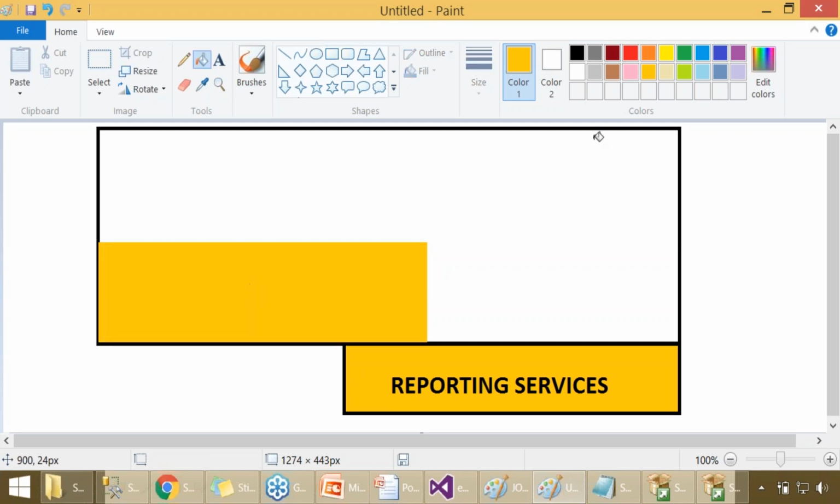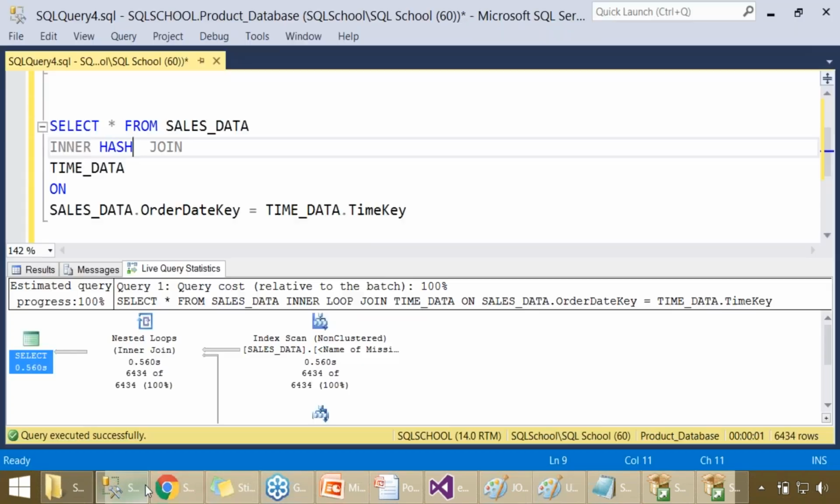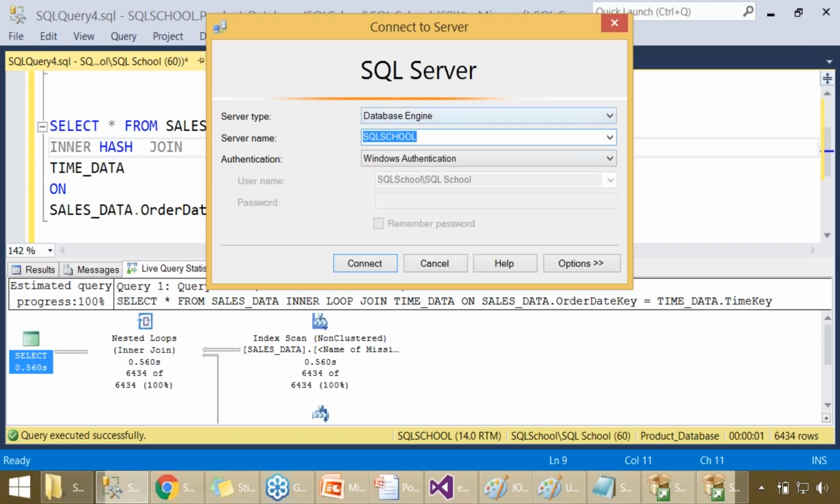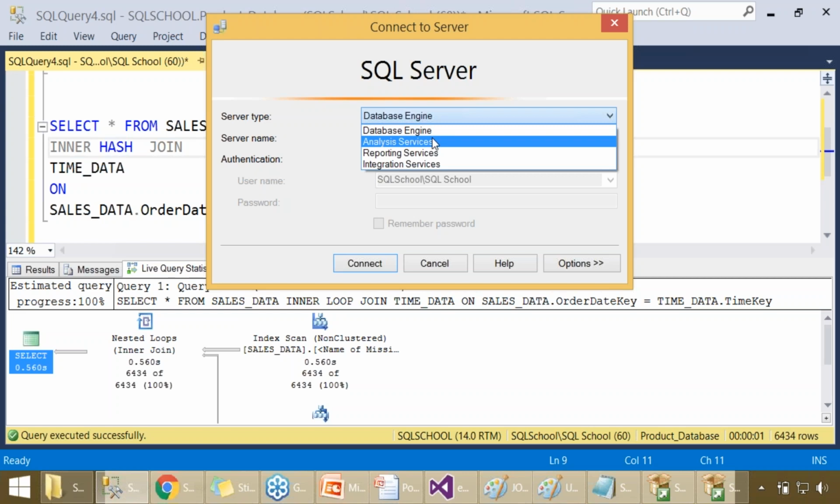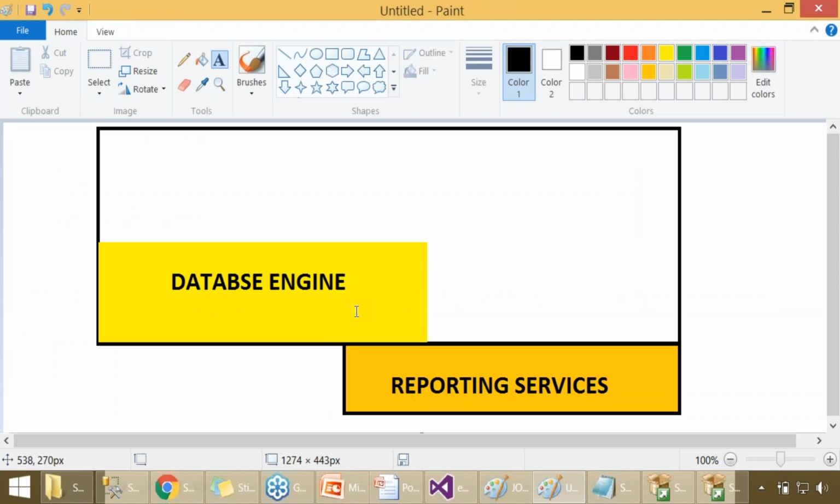And with the database engine, we have a language called Transact SQL. The database engine is nothing but the component we use to connect for performing Transact SQL operations, T-SQL operations. We have analysis, reporting, and integration. So here we go. The database engine supports T-SQL,